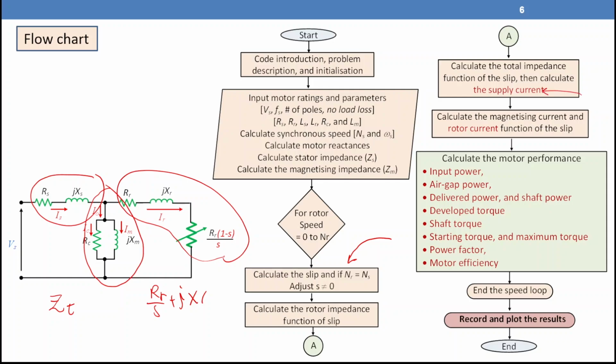From the supply current, we can use the current divider rule. We can calculate the magnetizing current. From that one, we can calculate I core and IM, and also we can calculate the rotor current. Once we have the rotor current and stator current, we can calculate all the machine performance: input power, air gap power, developed power, and shaft power, developed torque, net torque, starting torque, maximum torque, power factor, and motor efficiency for each slip. So we are going to stop the speed loop here and then we are going to record our